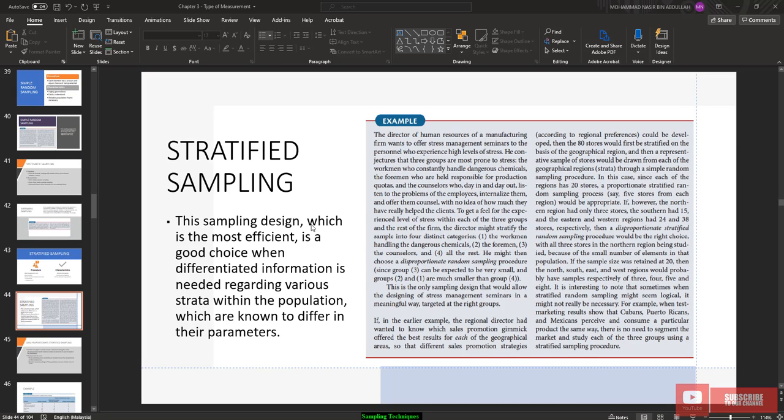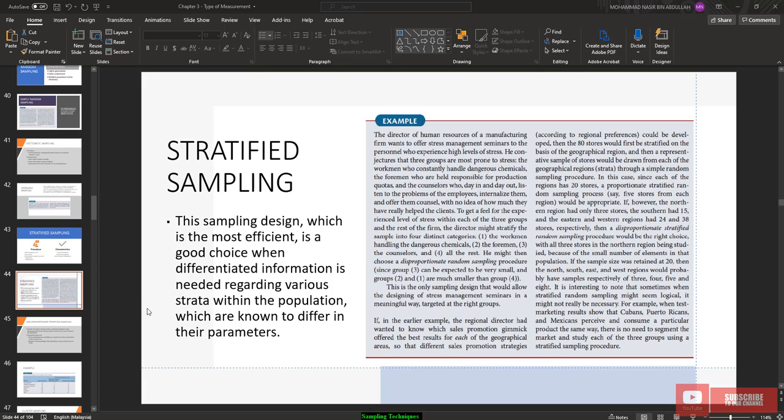So this sampling design is the most efficient, and it is a good choice when differentiated information is needed regarding various strata within the population, which are known to differ in the parameter, right? This is a very long example, same as I said before, taken from Uma Sekaran's book. You can pause the video and read for a while, or you can go straight to the book and